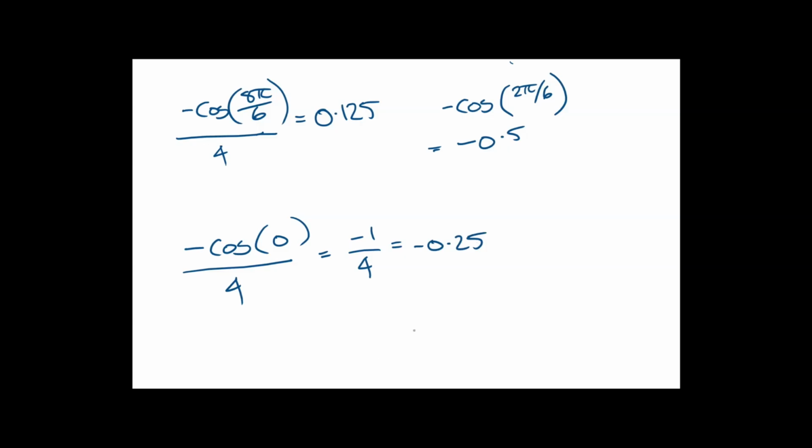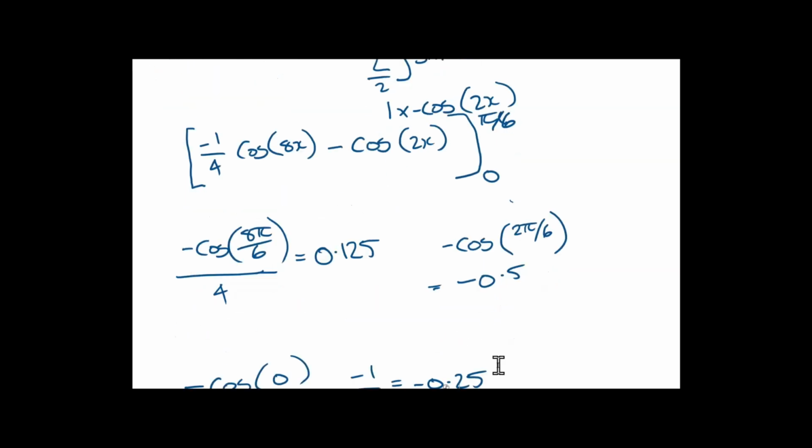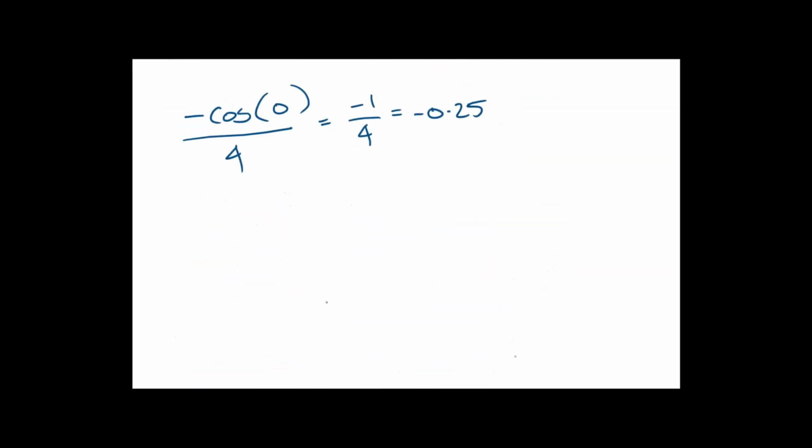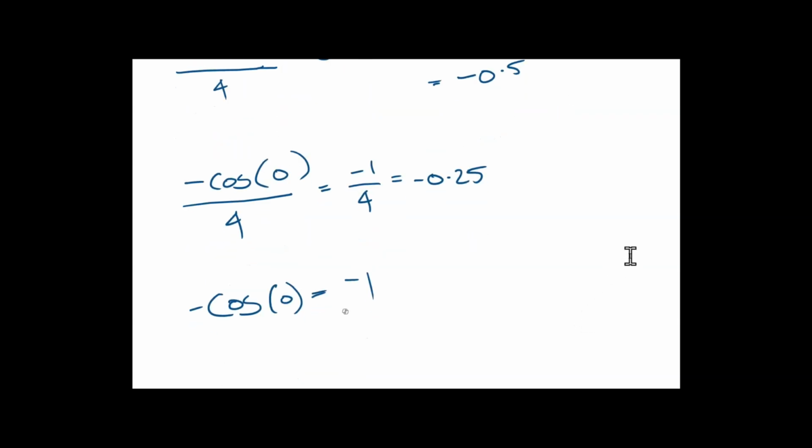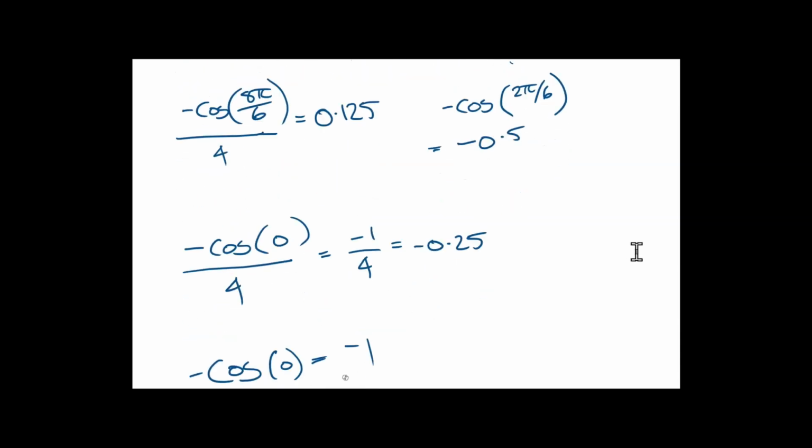Conversely here, it's just by itself. So negative cosine 0 is negative 1. Okay. Now remember, it's the first 2 added together minus the second 2 together. So we're going to add. So the grand total is going to be